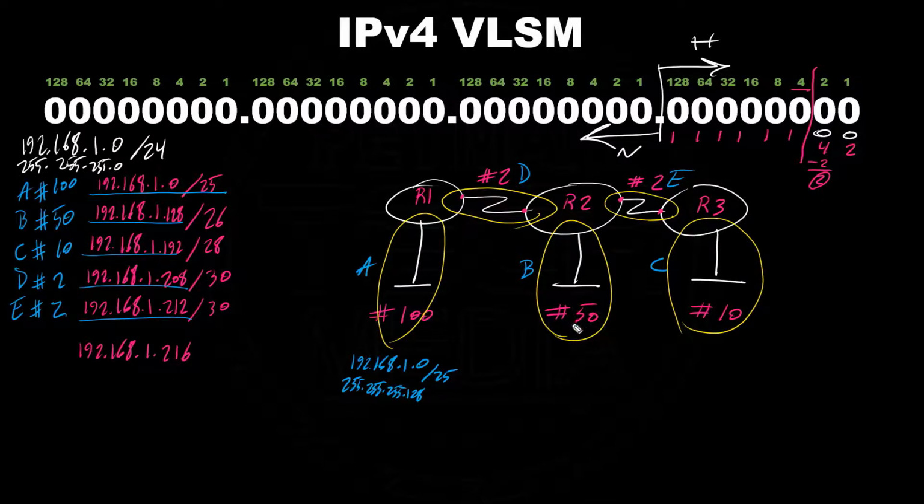For the other network, the address is 192.168.1.128 with the CIDR notation of 26, and the subnet mask is 255.255.255.192, because the cut line is here now, so 128 plus 64 is 192 with the 26. So 28 for C, this one, network address 192.168.1.192, and the subnet mask